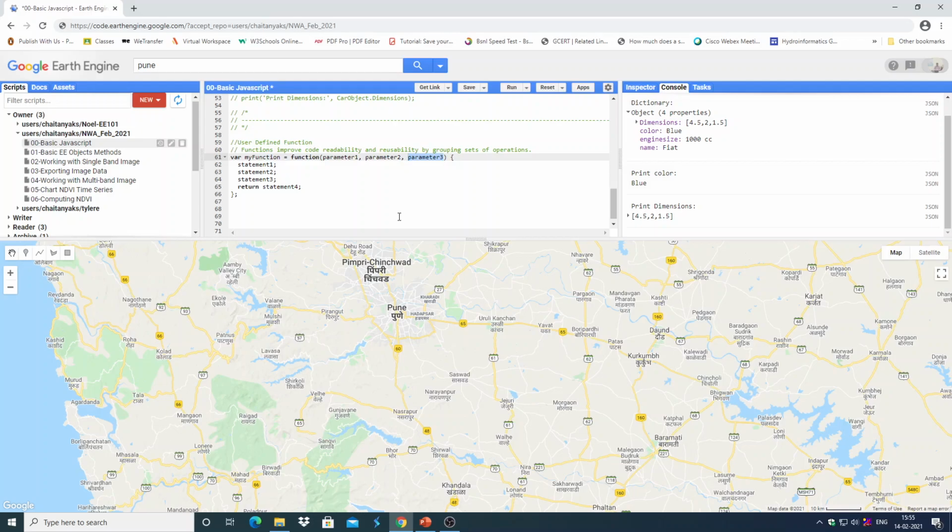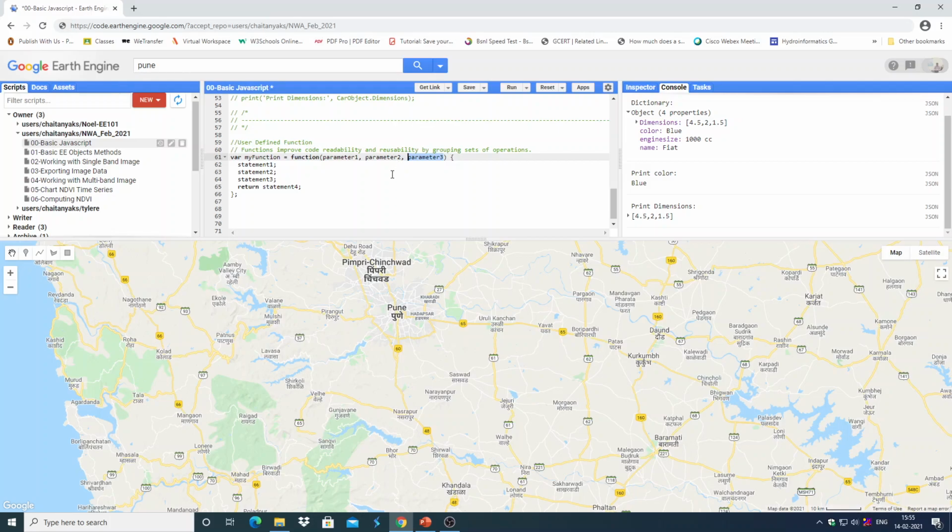For example, for calculating the mean or calculating the median of an image collection, you need not pass any parameter. You can just give the name input data image object, and it will calculate the statistics of that image.